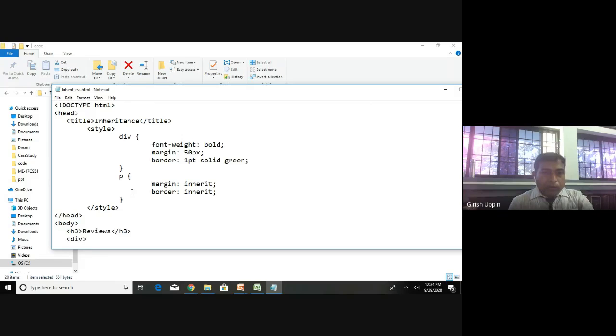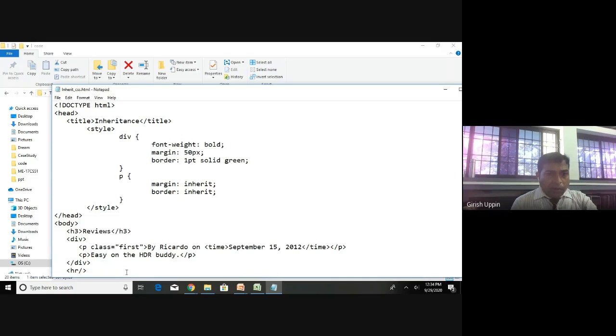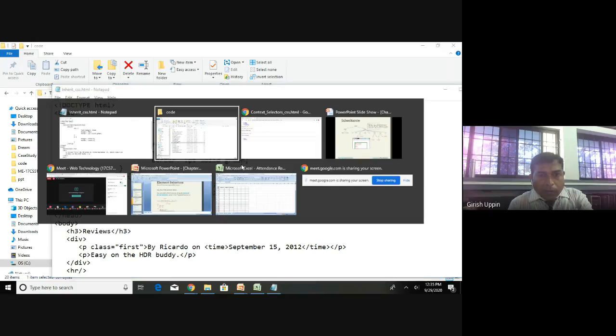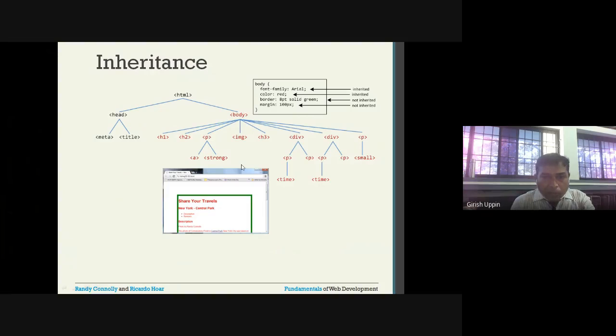It also talks about certain other things, how we can inherit in this particular example. In this particular HTML, the title is inheritance. Inside the style, I have div. Div is a larger container, and inside the div, I have font weight as bold, margin as 50 px, border is 1 point solid green. I think I may not have this particular example.